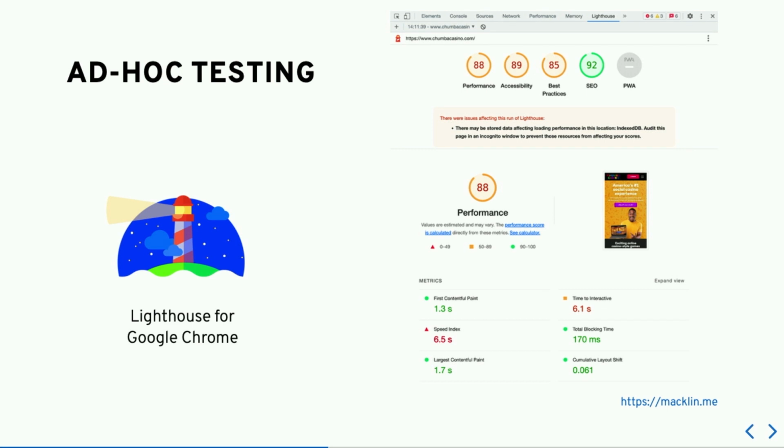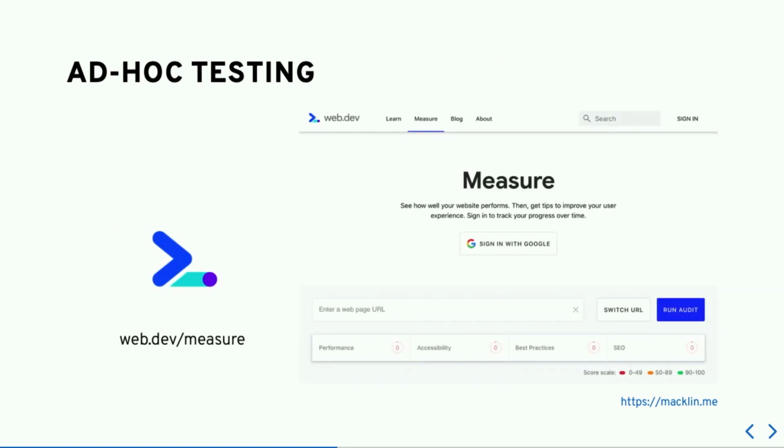So I can go and do a test on google.com right now and give you a result here. This report will give you not only what your scores are, but it's nice because it'll tell you some quick areas where you might be able to improve that score. It's built into every Google Chrome browser, so that's nice and handy.